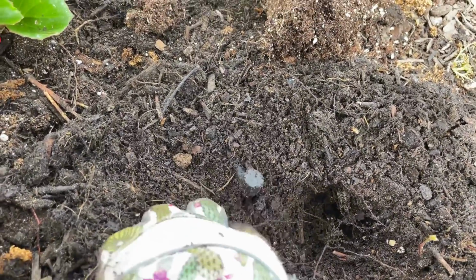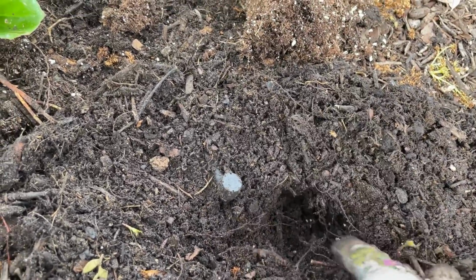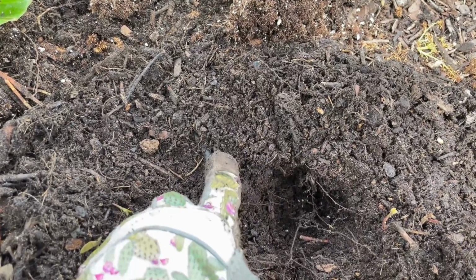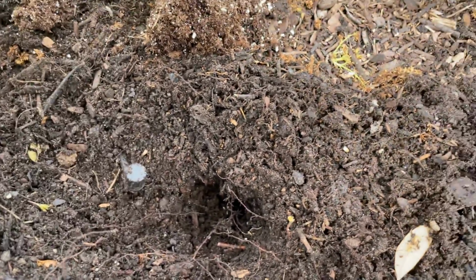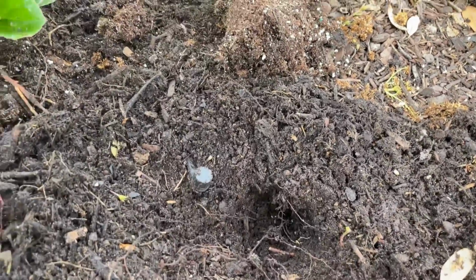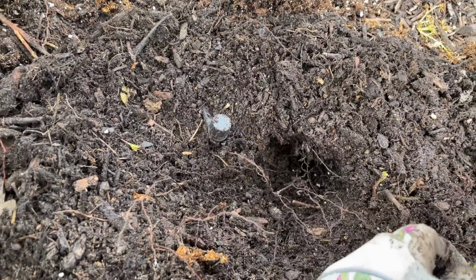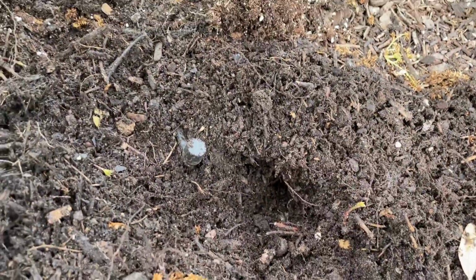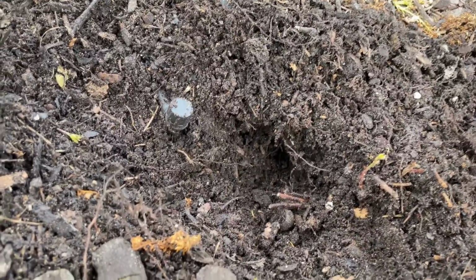I thought I was doing a good thing by putting in drip and not doing overhead watering, but little did I know that I would be creating another problem. So I'm getting more intentional about my drips, and I'm not putting them near plants anymore. Instead of putting them at the base of plants like I was doing, I'm just putting them in the middle of the plants. And I have been throwing pea gravel into the mole holes when I find them. I heard that works. I don't know if it does or not, but I heard that they don't like to scratch. That's another reason I add pea gravel throughout my landscaping. So anyways, that's my plan. I don't know if it'll work, but